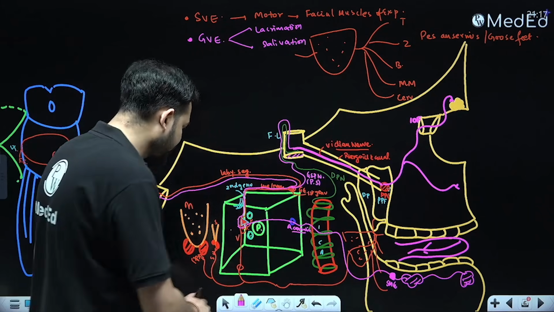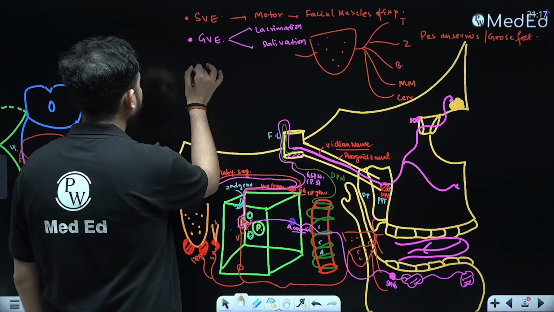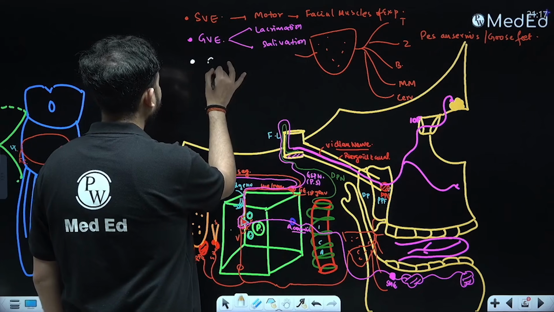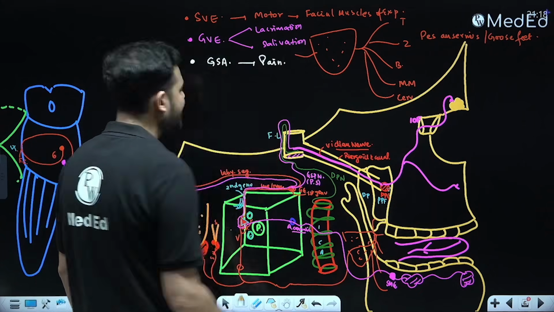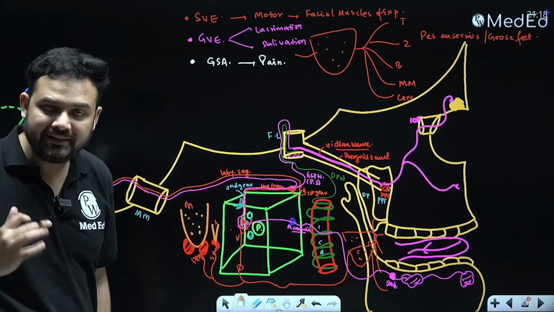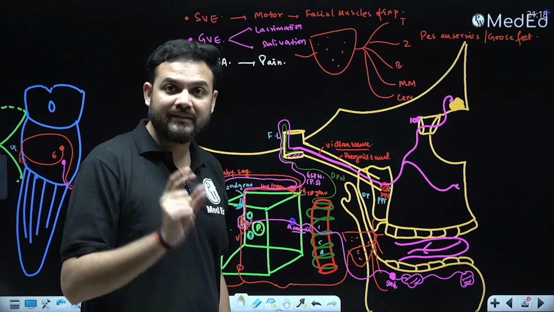Okay, now let's come to the third important one. Third I am making in white color. Third is, let's finish GSA. That is simple. That is the pain fiber. Pain means general somatic afferent. Where does it come from? I told you in the beginning in your anatomy lectures, the GSA, that means the pain